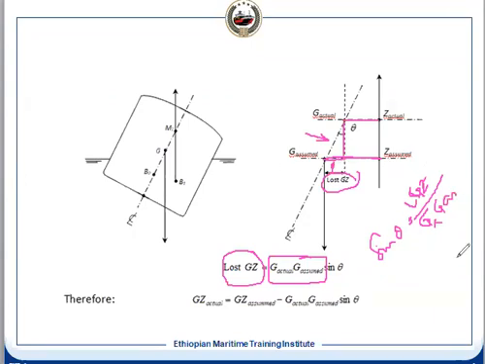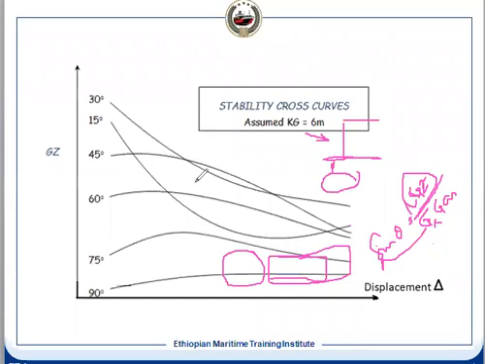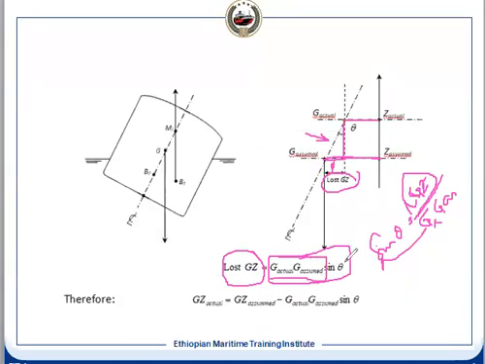So this is the formula. We can find out the lost ZZ: this multiplied by sine theta. That's what is written here. Once we know this value, we deduct from it the assumed ZZ, which we get from our cross stability curve. The curve will give it at any theta, and we deduct this value at the same theta, and we get this.